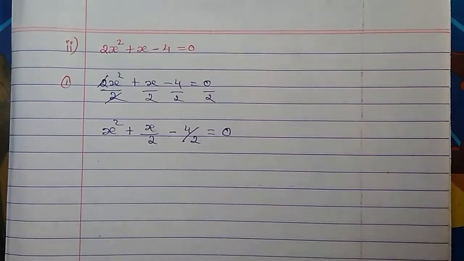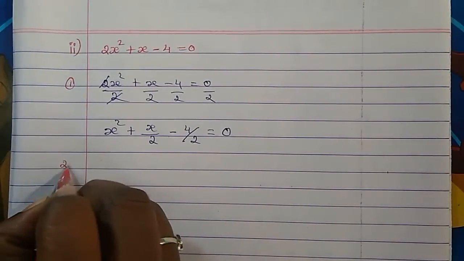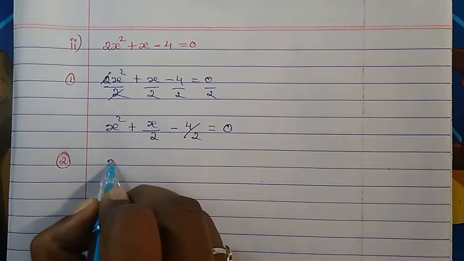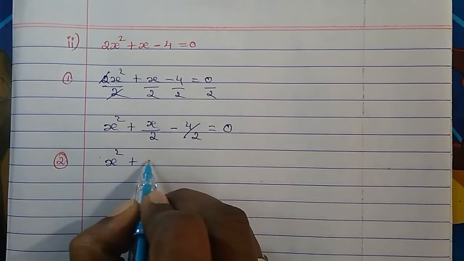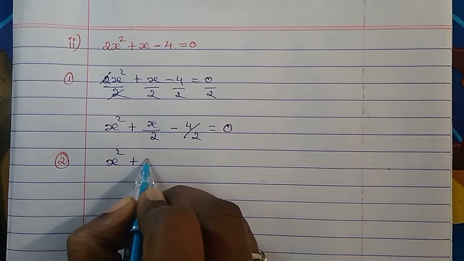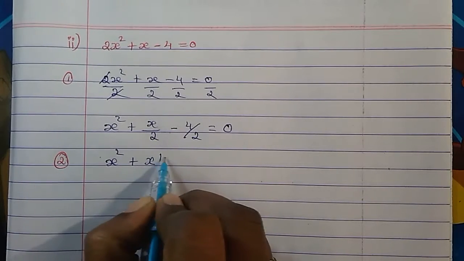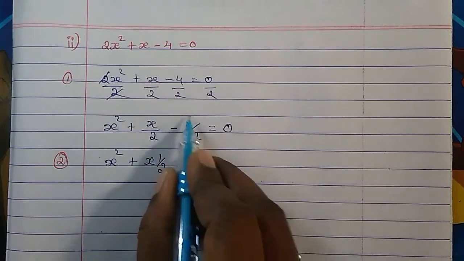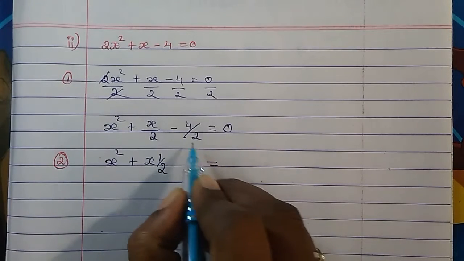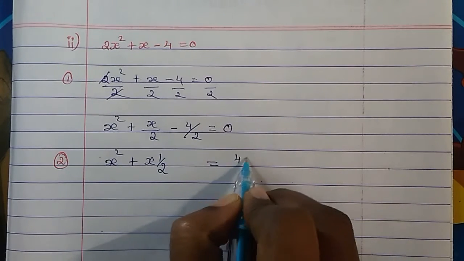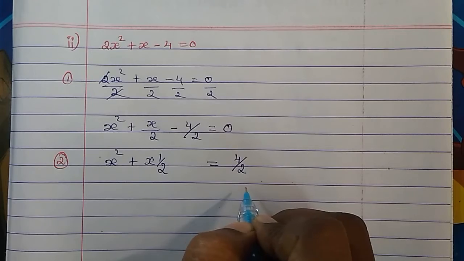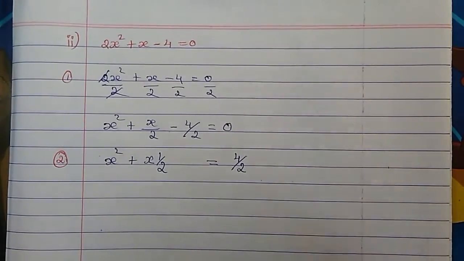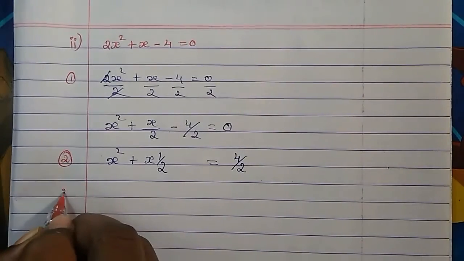Now the next step, what you have to do? Next step, all the x terms we will keep on one side. This is x, and this coefficient is 1 upon 2. If we write it separately, it will become like this. Now this part we will bring to this side. So this is minus, when it comes here it becomes plus. Now the third part, you have to be very careful.